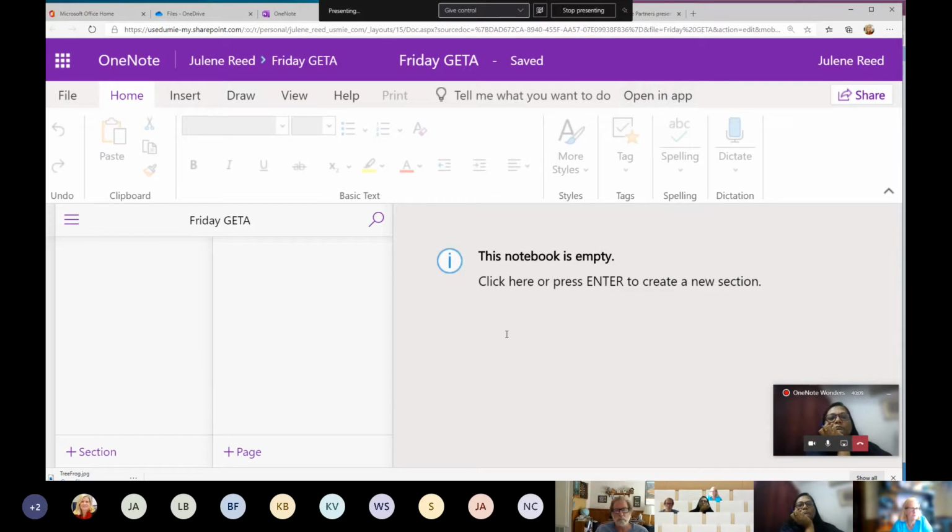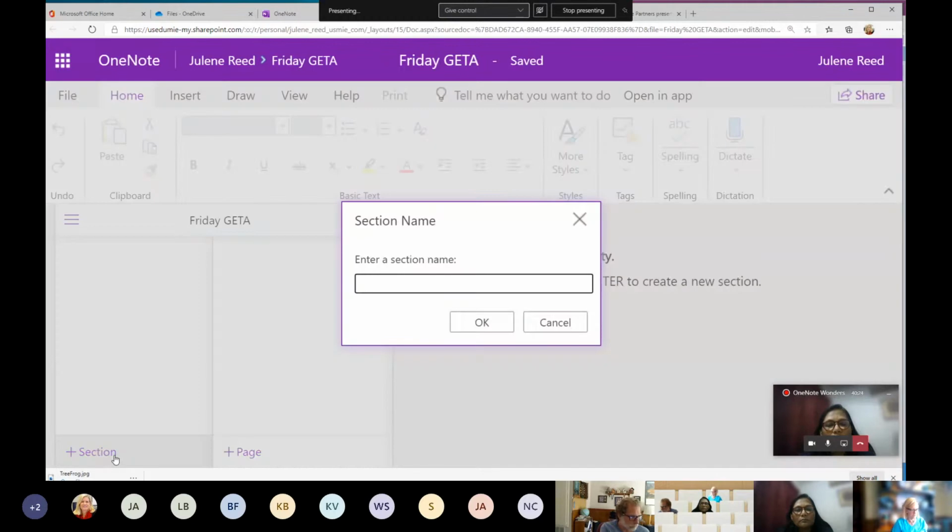So this is our brand new notebook we made, and we're going to add sections. So let's think about what section you might want to make in here, and it's completely up to you. I think I'm going to pretend like I am a science teacher, because I know what I have here. Okay, so I'm going to put